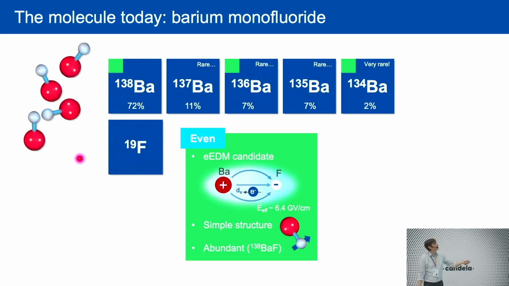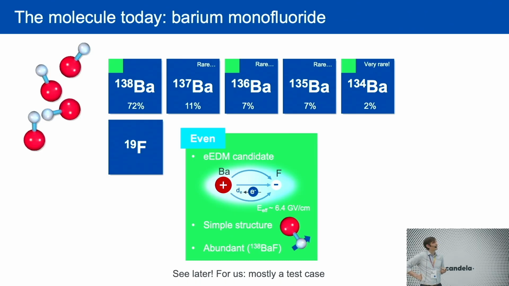These even ones here with an even number of neutrons, they are EDM candidates, and okay, you know the game, right? There's some electrons in these molecules, and they are experiencing a hugely enhanced effective electric field. Maybe not the absolute largest one in barium fluoride, but because this is still a fairly simple molecule, you can hope to gain in your measurements just by laser cooling and trapping. And then, okay, this is fairly abundant and it's fairly simple because it just has this one single nuclear spin. But then, you will see this later. For us now, it's mainly a test case so that I can show you how you actually optimize laser cooling in complex systems.